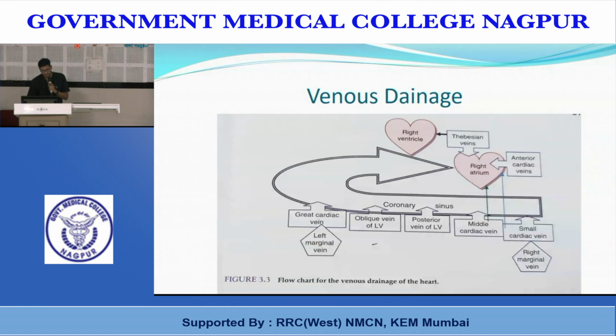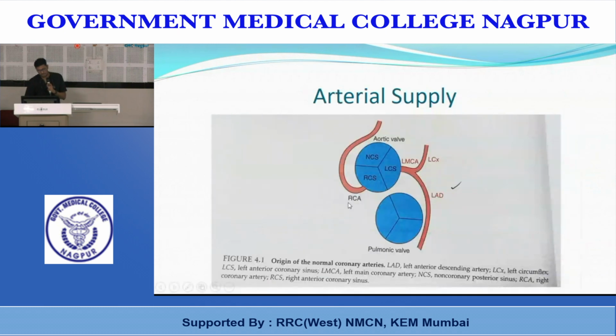Again, the arterial supply, there you have from right coronary sinus RCA, from left coronary sinus left main, LCX and LAD. Here there are many anomalies possible. Every anomaly is possible. From right coronary sinus you can have left as well as right arteries coming. Sometimes you have dual, like from RCA will give an LAD, LMCA will give one LAD. Dual circumflex, sometimes you have dual RCA. Most common anomalies are common in TOF